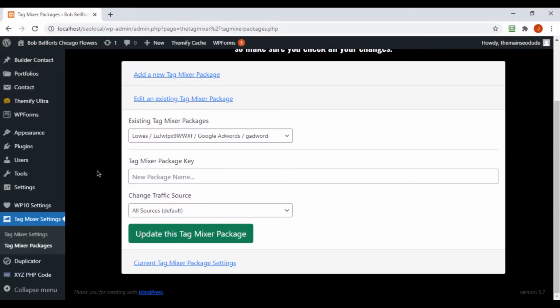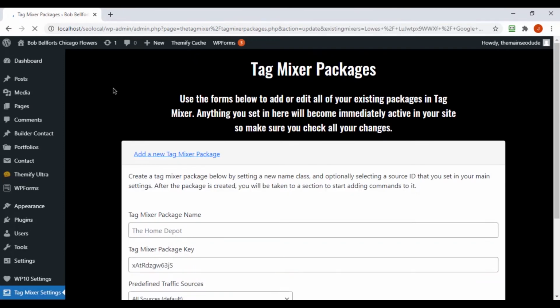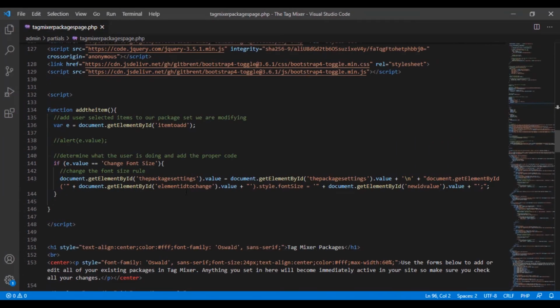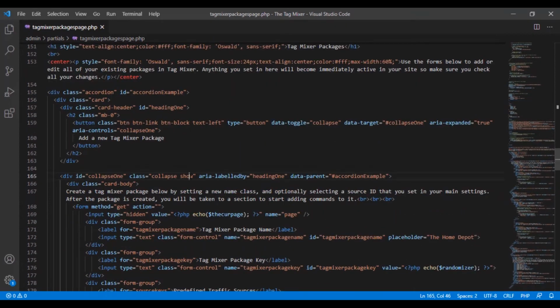So if we go back here and we say edit an existing package, like say that I just change it to Facebook or something, and I hit update this package. Let's see, action, update. Oh, that's right, I didn't actually echo it out. Sorry about that. So instead of the first one being show by default, we actually need to remove this. That's me being stupid, not even echoing out the variable. And then what we need to do is echo out,